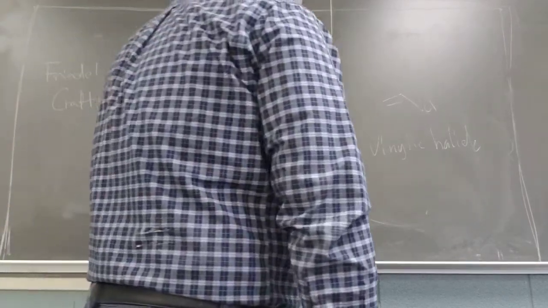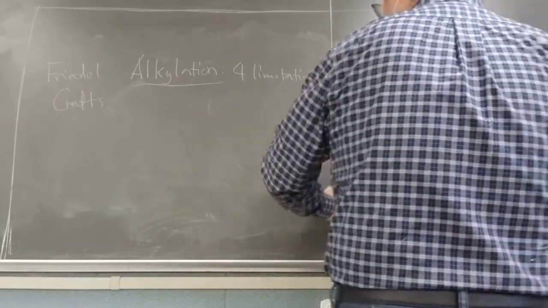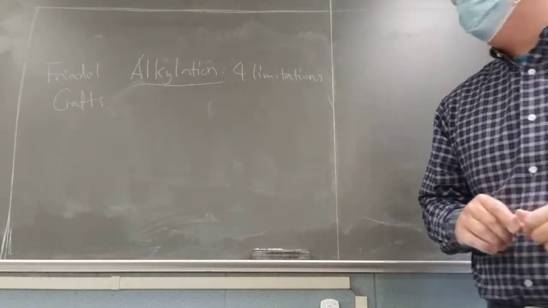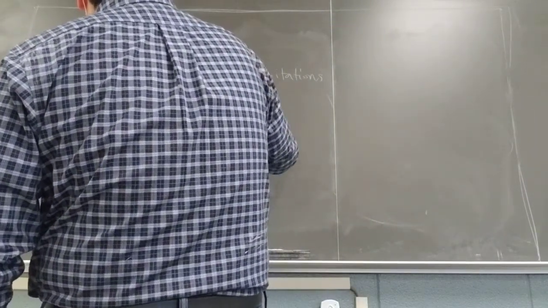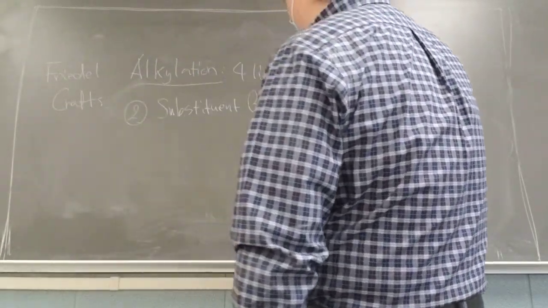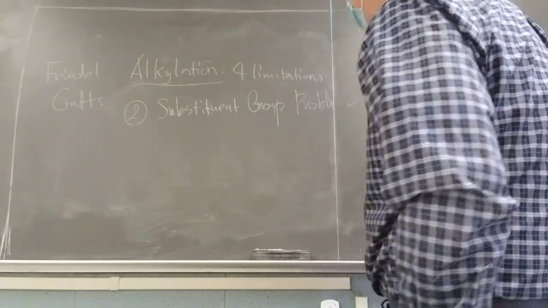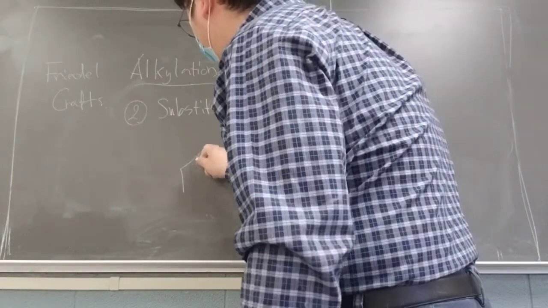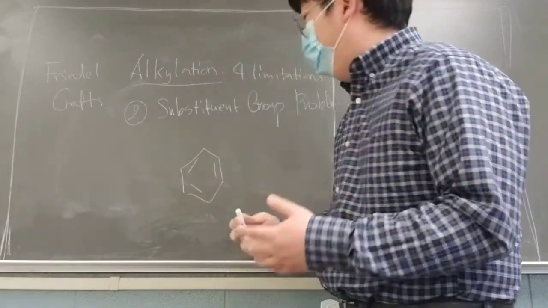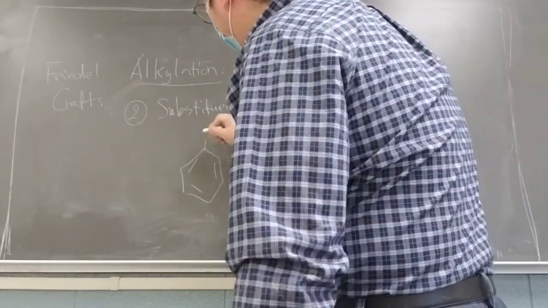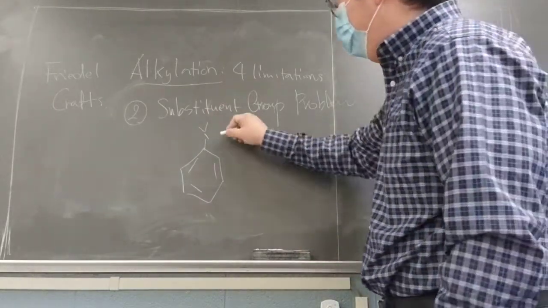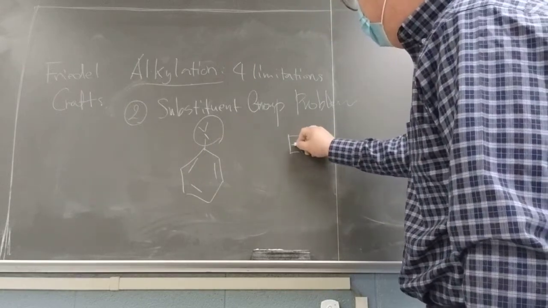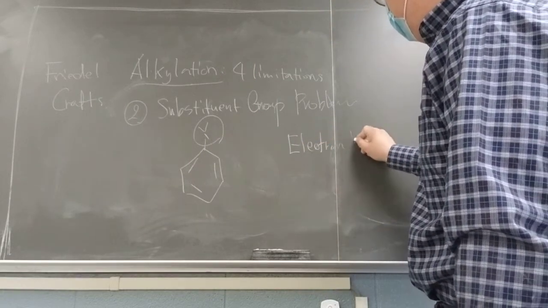The second one will be affected by the substituting groups. So the second problem is the substituting group effect, group problems, I can say. What I mean by that is, if you have aromatic compounds, which is some phenyl ring or benzene ring over there, and then you have some groups on here, maybe you can say it's Y groups. Okay? If that Y group is an electron withdrawing